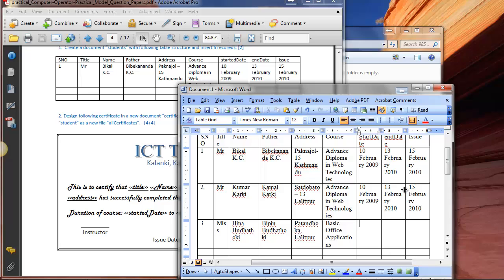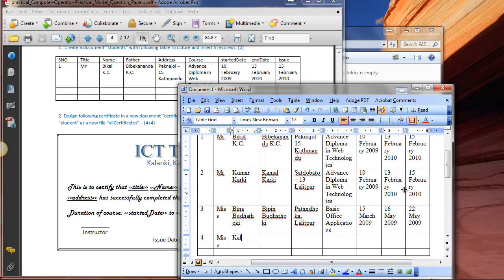It started on the 15th of March 2009 and ended on the 16th of March, April, May 2009, and the certificate was issued on the 22nd of May 2009. Similarly, for question number 4,